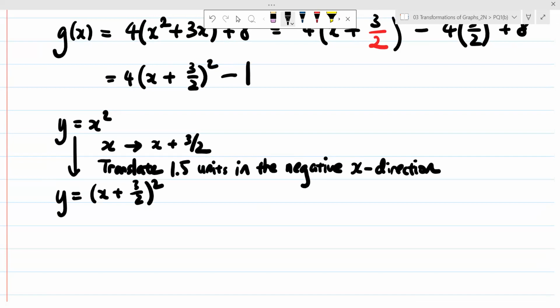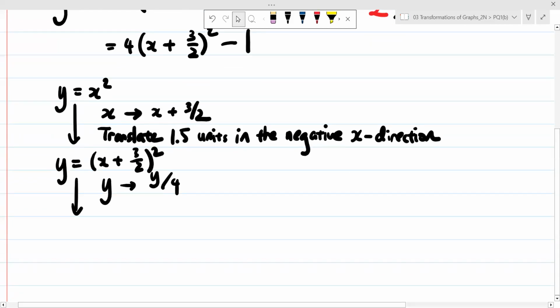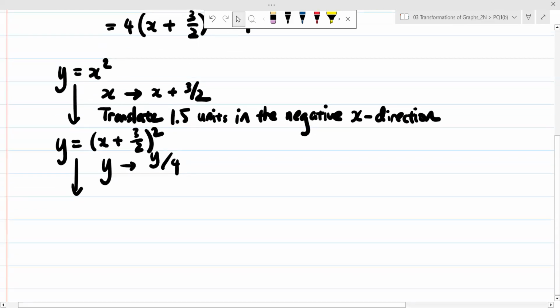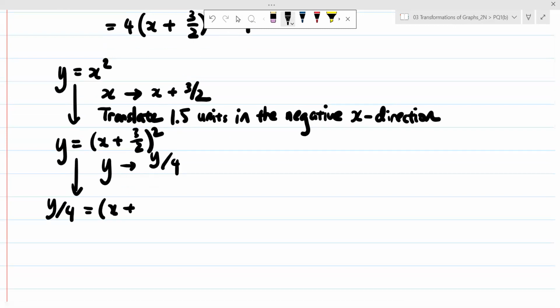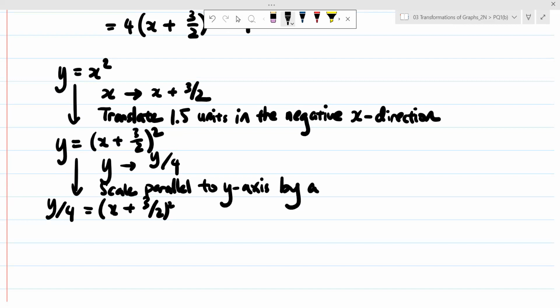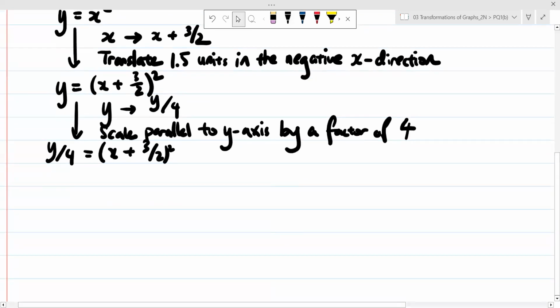Okay, next, you replace your y with what? y over 4. Okay, replace y with y over 4. So you do that. This will be scaling parallel to the y-axis by a factor of 4. Okay, and then lastly,